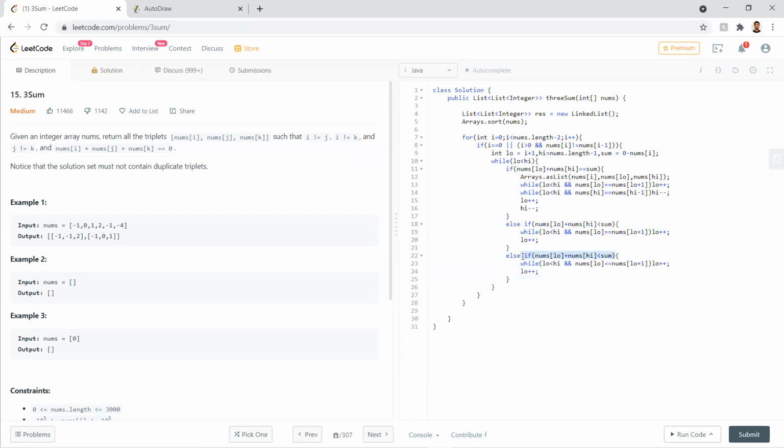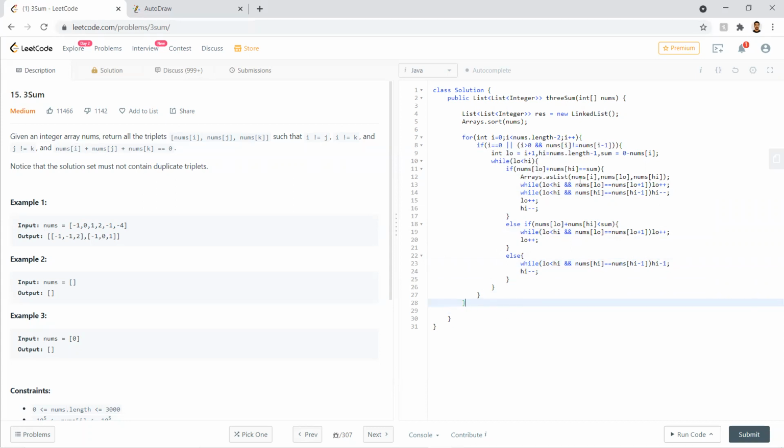Here we won't give any condition, because if the sum is not equal to that, and if the sum is greater than the required sum, then we'll decrement the high, and we'll check here. As we are decreasing the index, we need to check with the previous element.